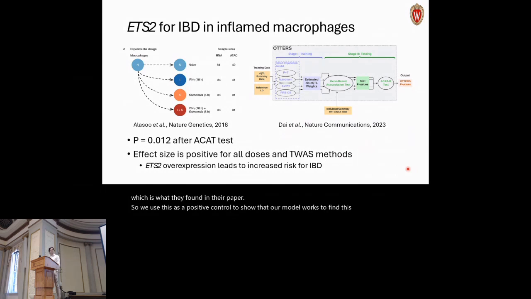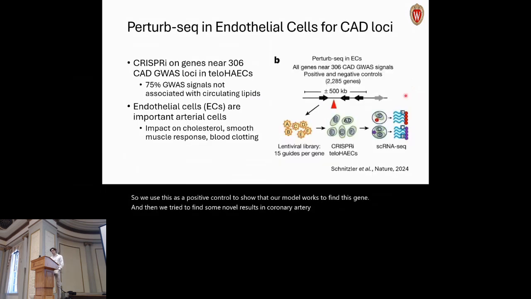And then we tried to find some novel results in coronary artery disease. There's this large Perturb-seq in endothelial cells that attempted to look at coronary artery disease. So they did CRISPRi on genes near the 306 CAD GWAS loci in endothelial cells. They did this because 75% of GWAS signals for CAD are not associated with circulating lipids like cholesterol, which can